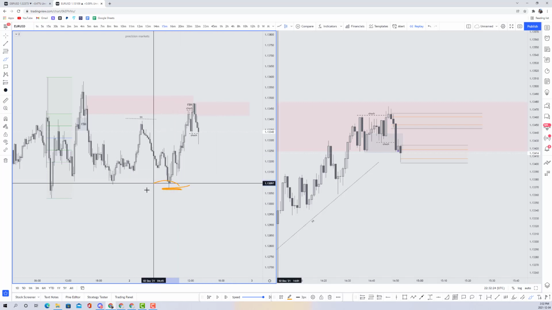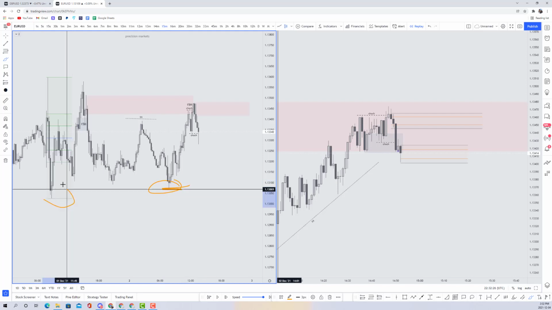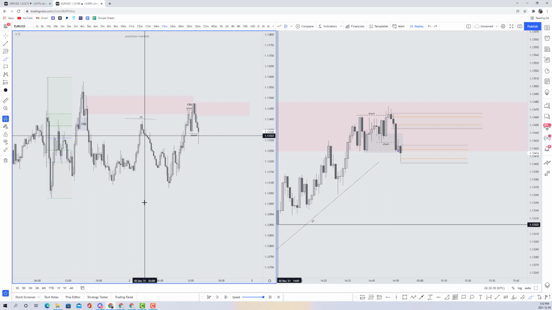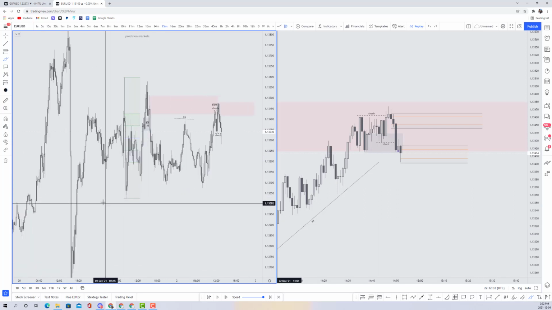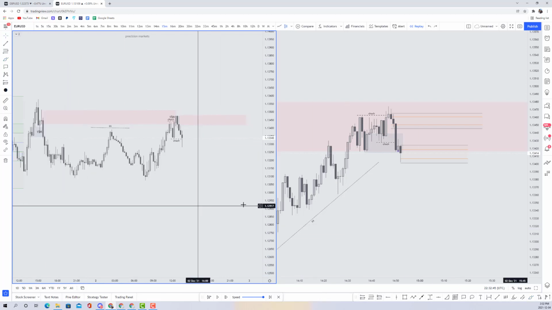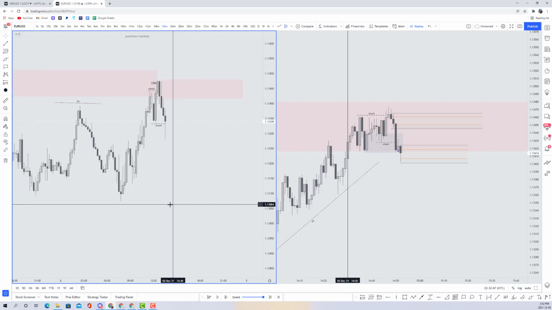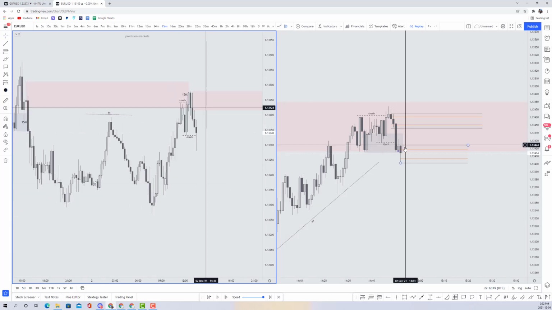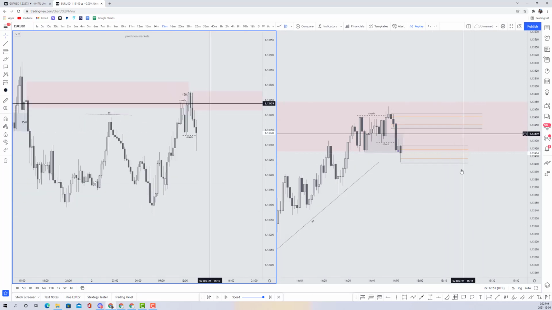But this low should be target 1, and this low is also weak, so that would be the next target. Seeing how you haven't really broken out of this range, I wouldn't be targeting anything outside of that. Yeah, it's good to target this and that, but when you're stuck in a range, you got to be realistic with yourself and pay yourself accordingly. So, if we have an order on each one of these,